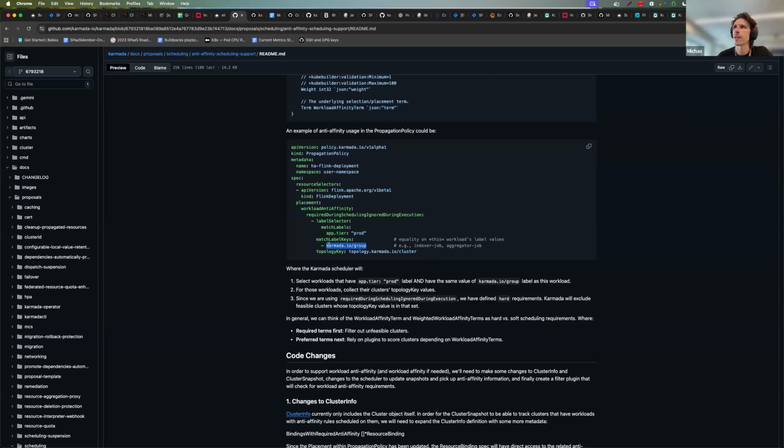So if this Flink deployment is matched by this propagation policy, and it contains this karmada.io group label, let's say indexer job, then in the future, if there's another Flink deployment that gets applied that also has this group under indexer job, Karmada will filter out any cluster that matches this topology key with an application that already has an indexer job scheduled to it.